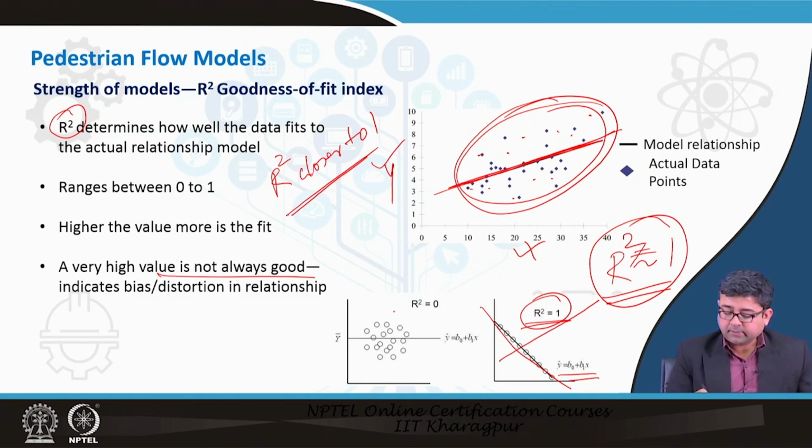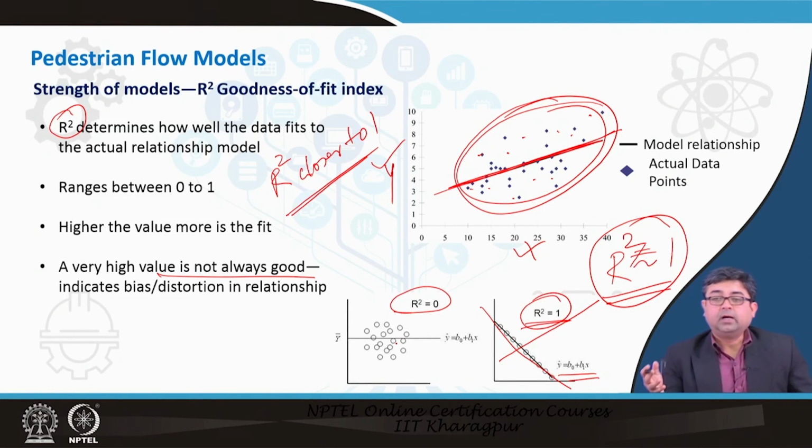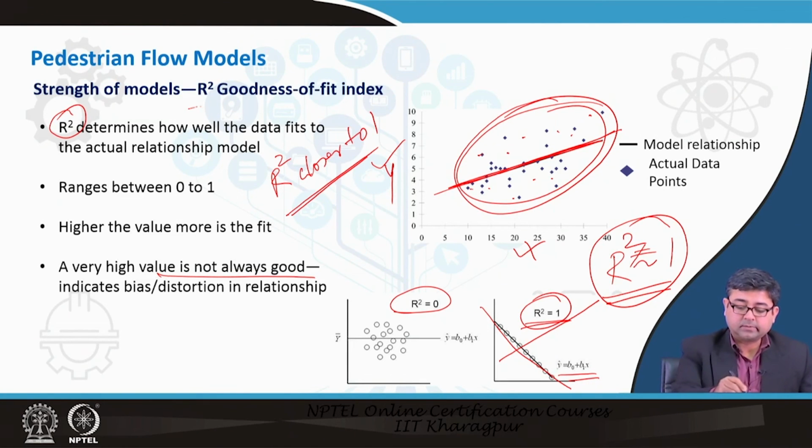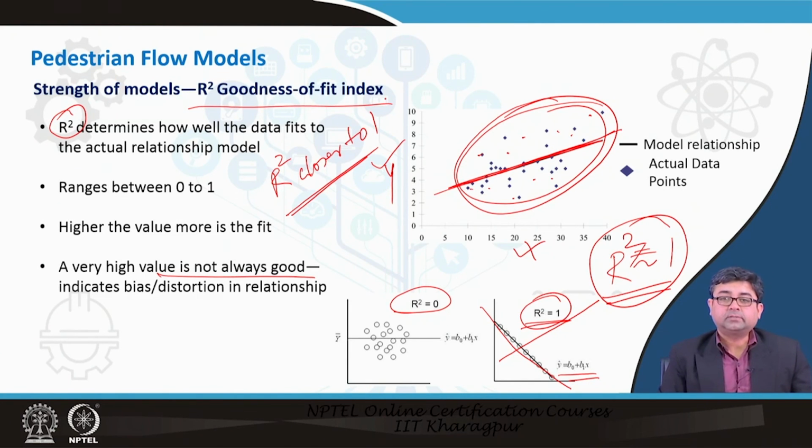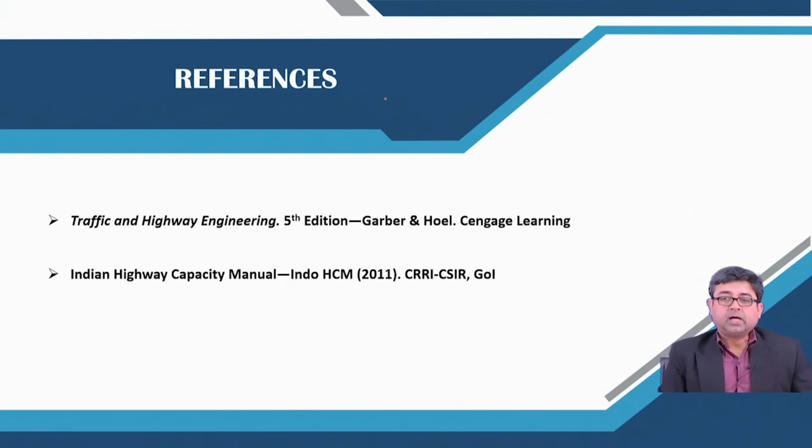And if there is no relationship, then you have to look at other types of models which can explain your data, right. If there is no linear relationship between x and y, then you start looking at other kinds of models. Okay. So, R square is the goodness of fit index. So, that is all about